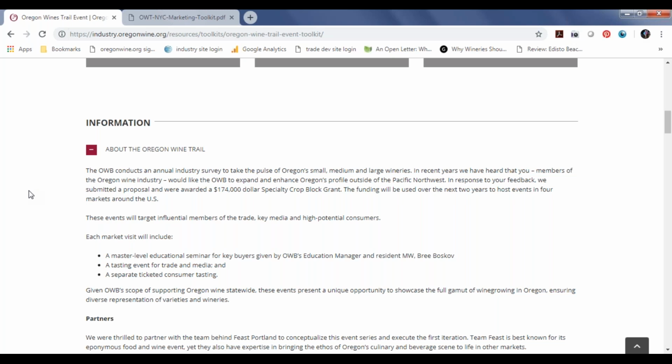We are even expecting hazelnuts from the Hazelnut Commission, crab from the Dungeness Crab Commission. We're really trying to create, as I said, a sort of holistic and saturated experience of what Oregon does well in these various locales, and then supplement that with not only product but personality. So you and your winemakers and principals will be on hand. As I mentioned, Eli and Ben Jacobson will be on hand.